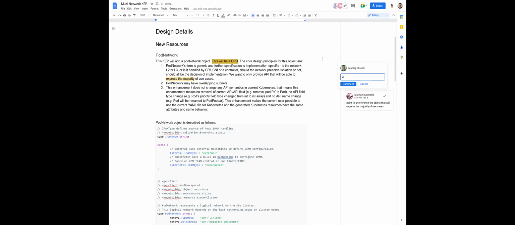The bit that I'm not sure I understand in this proposal is, okay, the pod network can be a custom resource, but what about when we start changing the pod spec to reference it? Does that not require us at that point to change over? Yeah, I also agree with that. Maybe initially this will be the CRD, but at some point we should move the CRD to be the real native object.